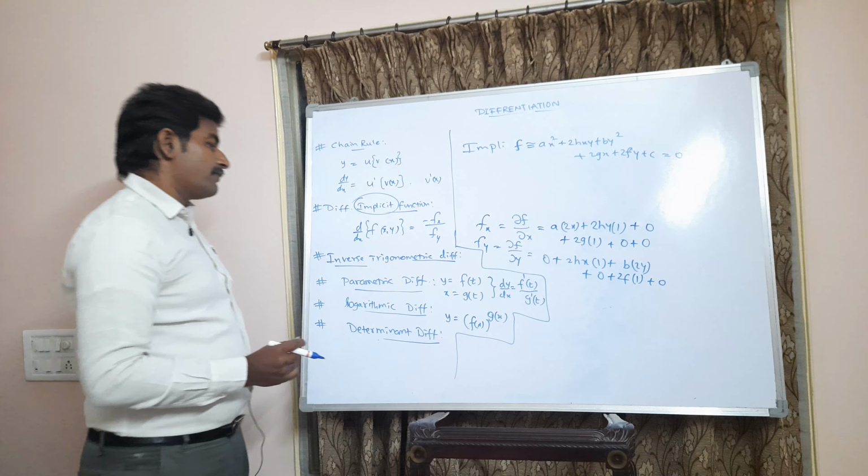Next, parametric differentiation. Look at here, parametric differentiation. Parametric differentiation is nothing but the function would be given in this format, like y would be expressed as another variable f of t, and x would be expressed with another variable g of t, and both are differentiated with respect to the parameter t. So we have f dash t and g dash of t, and finally dy by dx is nothing but the individual derivatives, that is f dash t by g dash t. Let us consider an example to understand this procedure.